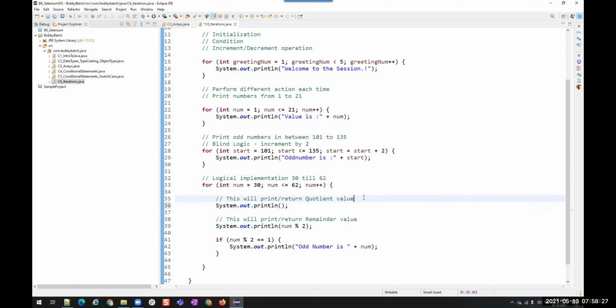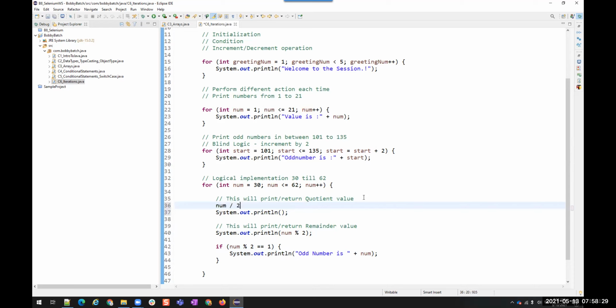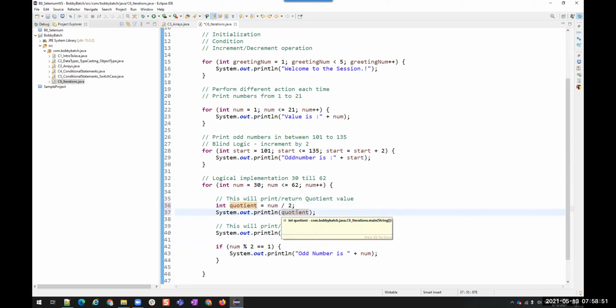Suppose I add this: num divided by 2 will be an integer, quotient is equal to this. I can have it like this, or I can have it like this. But why write two statements when we can write this directly in the print statement? It is an unnecessary line, so that's the reason I'm directly writing here.